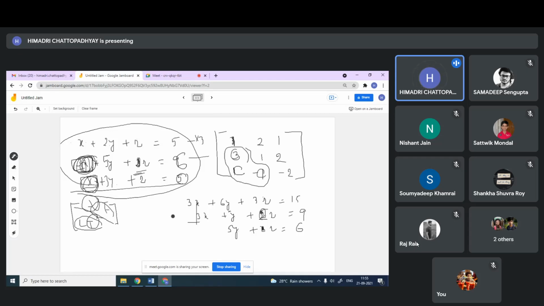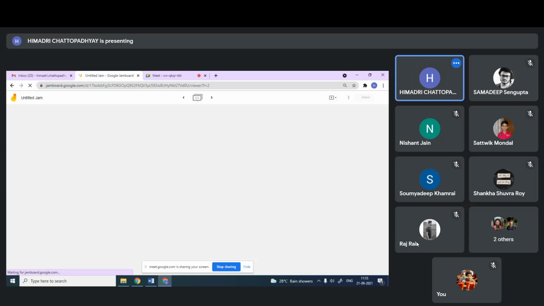Now only the first row has x, and all other rows there is only y. So now you will repeat the operation so that all y's are removed. That means this y is removed. So then only one z remains. When one z remains, you can directly solve this. Then you can go on back substitution. Okay, so this is called Gaussian elimination.